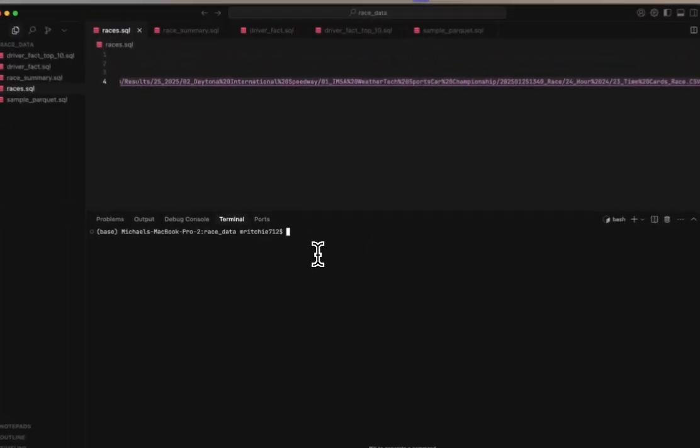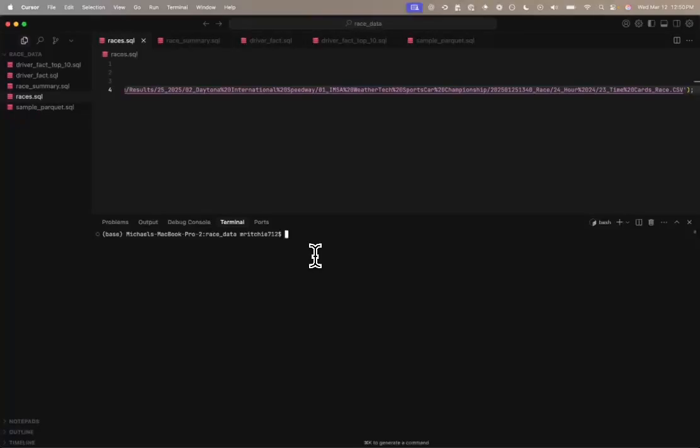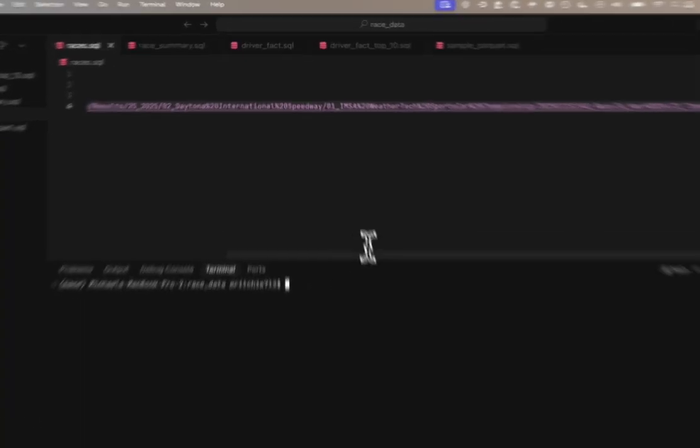Hey, this is a quick overview of Crabwalk. Crabwalk is a DBT alternative written in Rust specifically for DuckDB. It depends on DuckDB functionality for things like column level lineage and also for running the build process. So it will never work for anything other than DuckDB, and there's no intent to ever make it work for